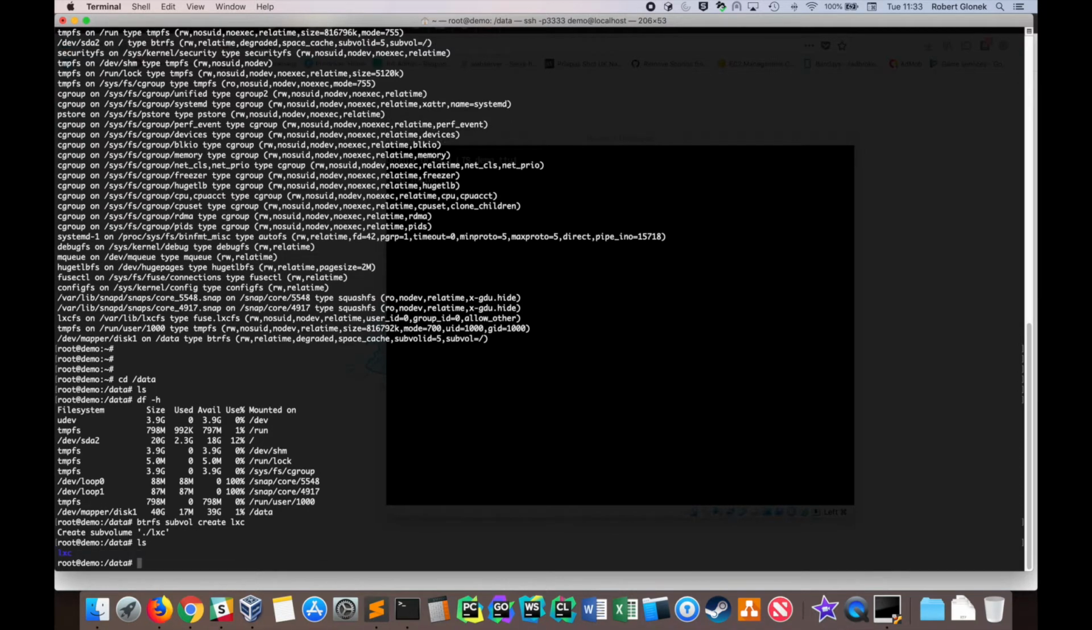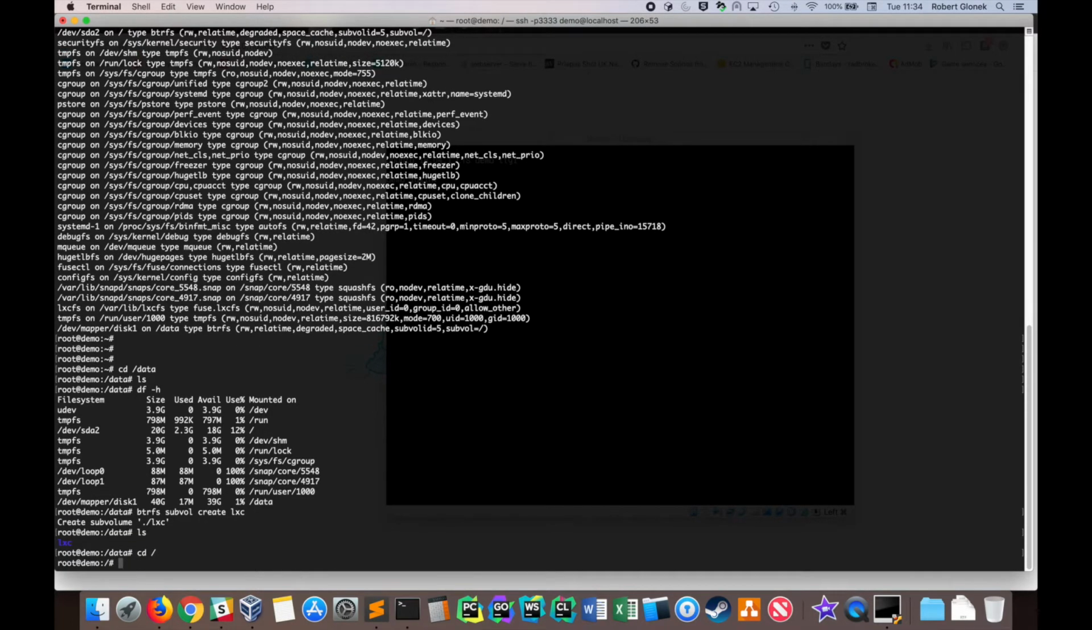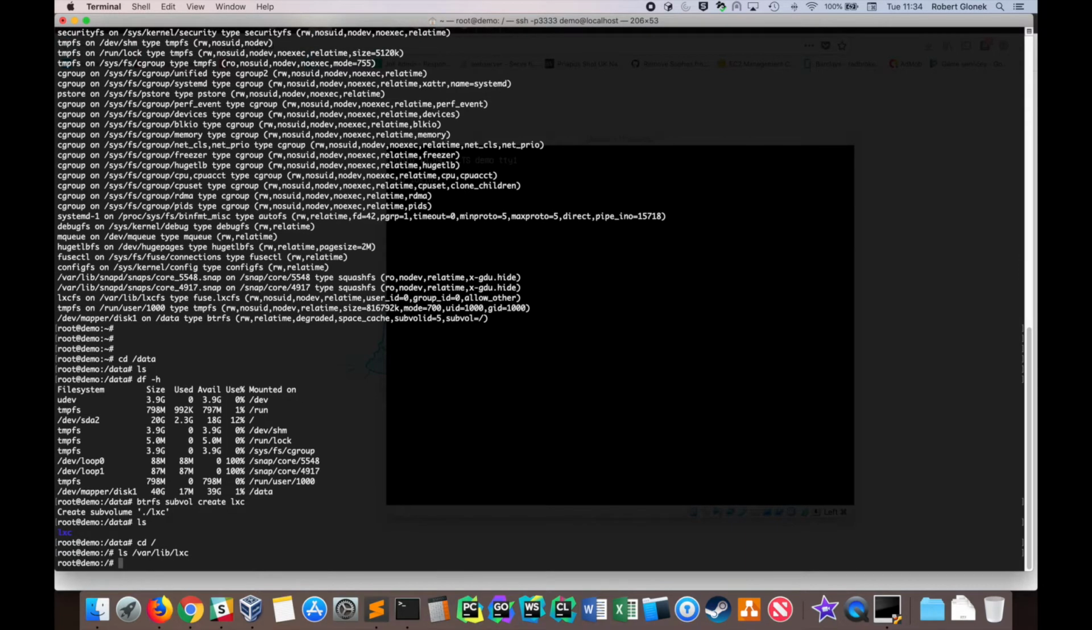And now we have an lxc subvolume in the data directory, which is inside our encrypted disk mount. Now, in order to mount it, we will be mounting it in /var/lib/lxc, which is where all the lxc containers normally live. In order to do that, we do btrfs mount